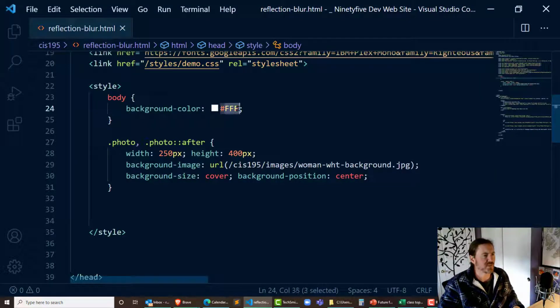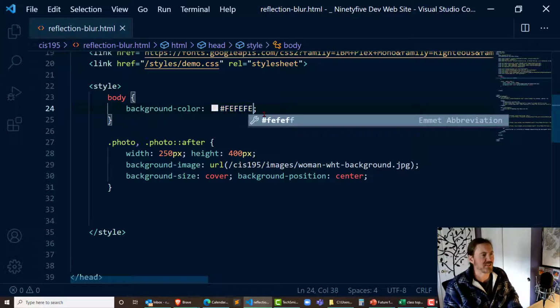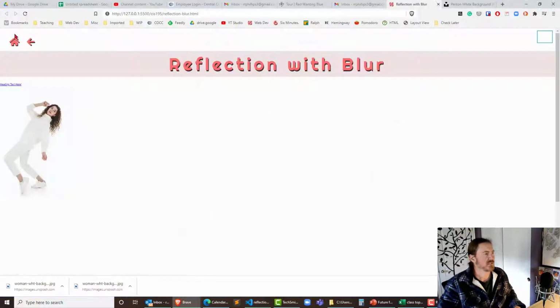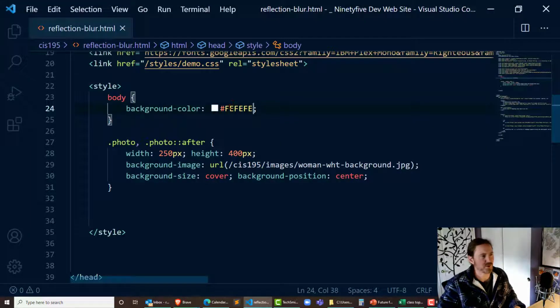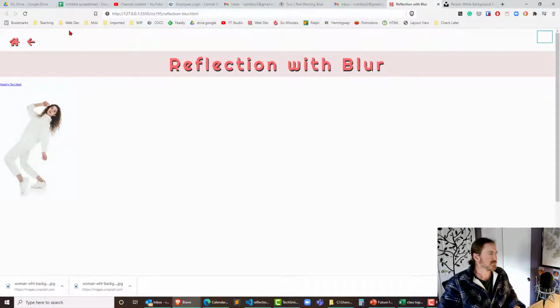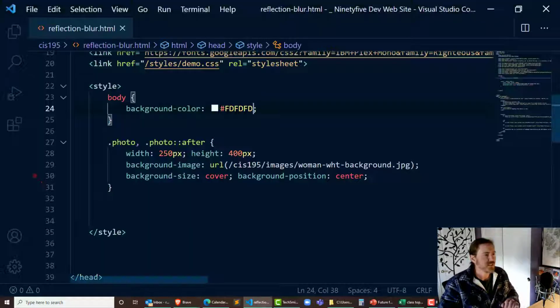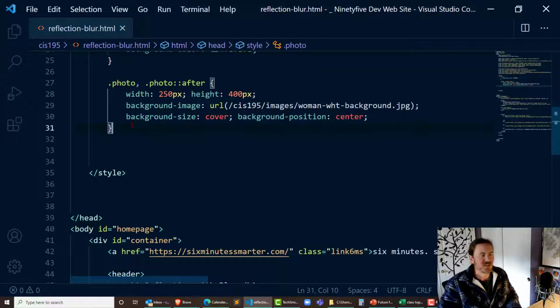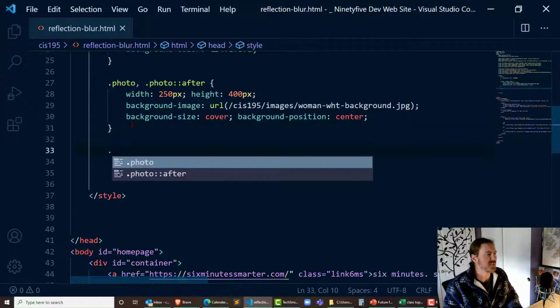Instead of FFF, I'm going to try FE. Yeah, it looks pretty good. And might be able to go a little darker, I suppose. FD. Cool. I'm sure people with sharp eyes can spot that difference, but I think that's going to work well for our purposes. Excellent. All right, so now that you can really appreciate this, let me jump down and let's style